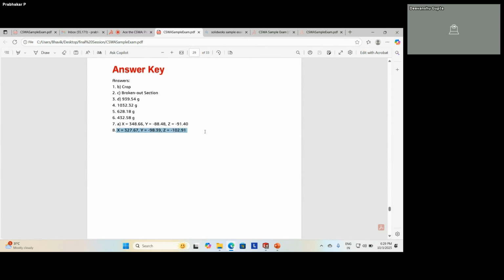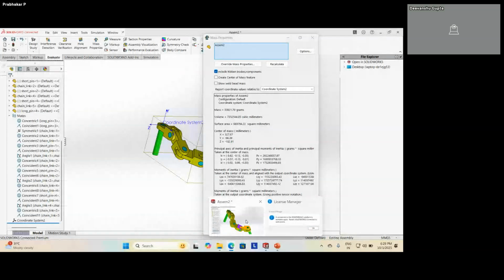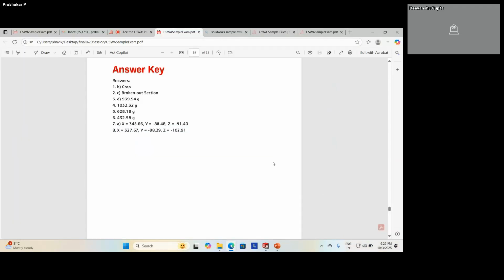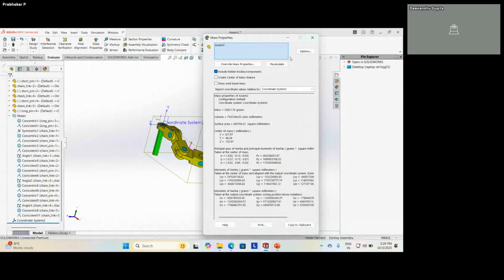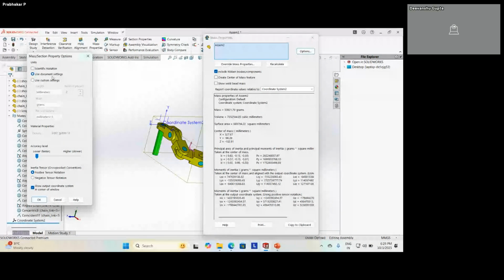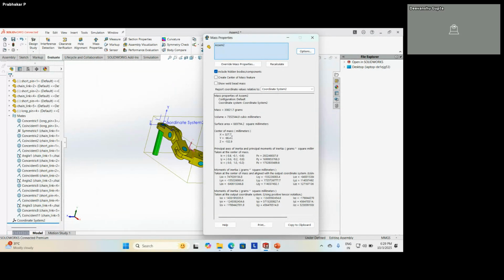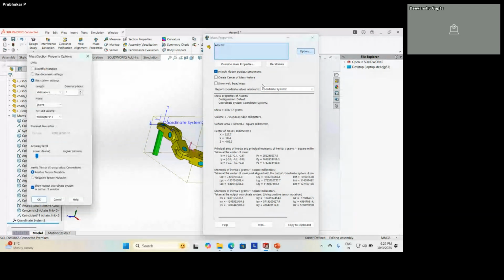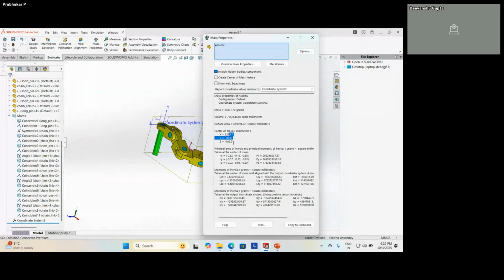So here they have given this value. This will be properly matching here. 327.67 minus 98. Suppose here one thing I want to tell you is you can override the settings. Number of decimals. If it is 0, if it is 1, it will be showing like this. But minimum you need to enter 2 values. So go to options. Here you click on use custom settings. Here you can change whatever units you want. Decimals, make sure 2 is active, so that you will be getting 2 decimals, that you can enter as your answer.